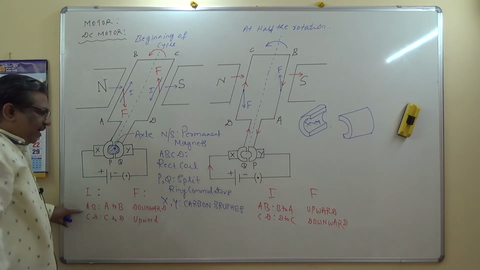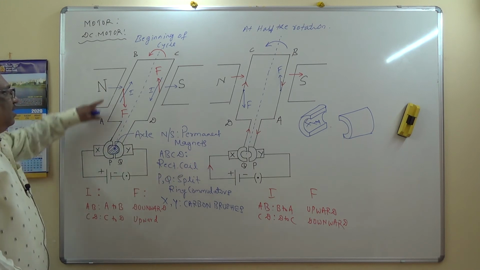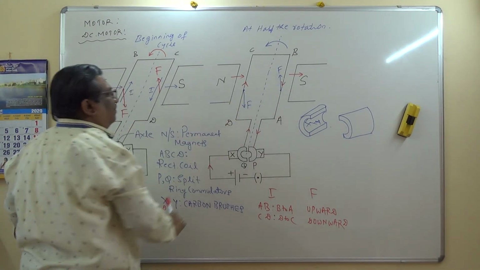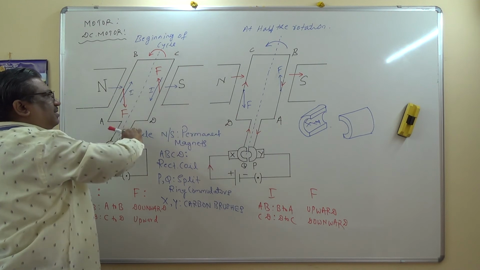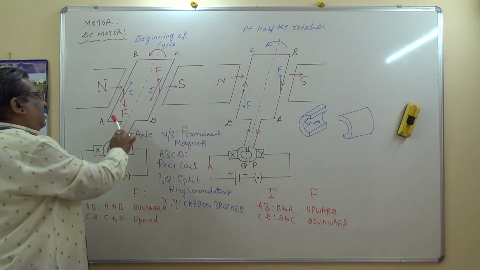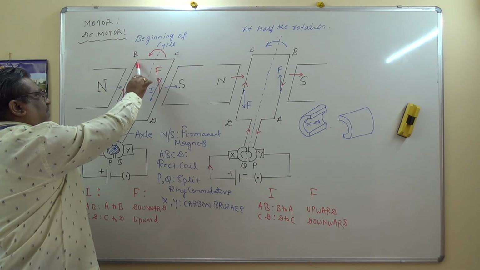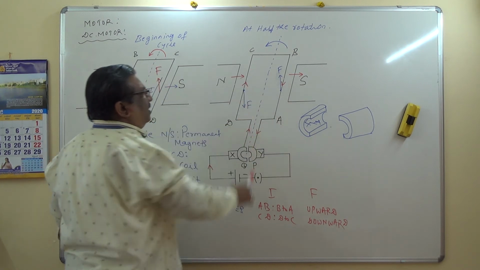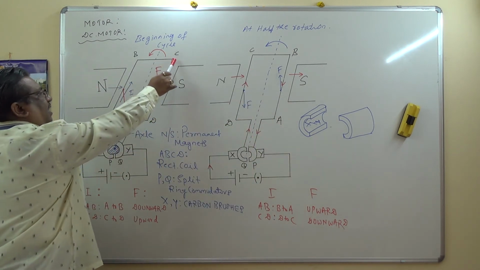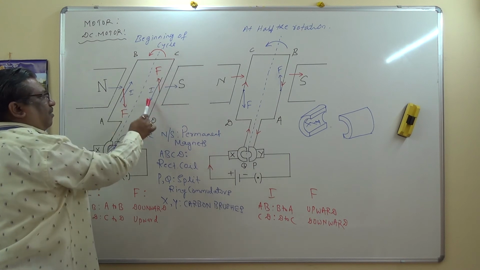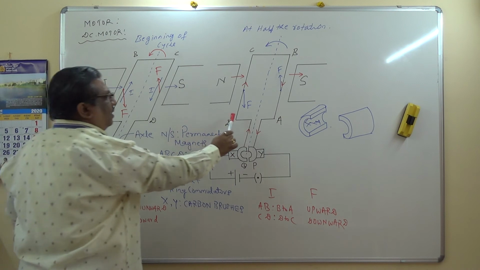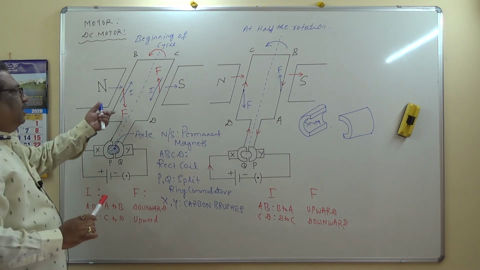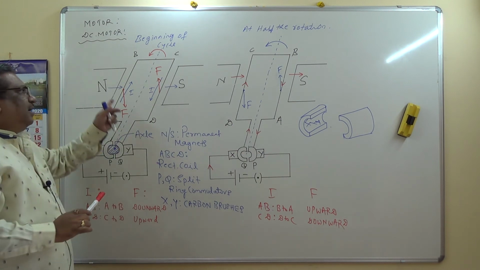Arm AB downward in the beginning, arm AB upward here, downward here, upward here. As the direction of the current changes, the direction of the force got reversed. A to B, the flow of current, downward force. B to A, the flow of current, upward is the force. Similarly, in arm CD, C to D was the flow of current, upward force. Now D to C, current, force downwards,